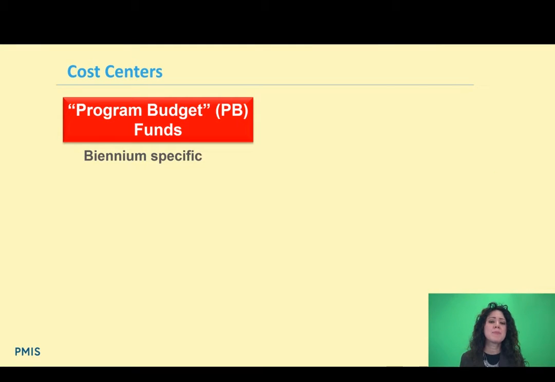Let's talk about the program budget fund, PV. This is a biennium specific fund or funds, yes? And because they are biennium specific, it means that you can only use it within the current biennium. They cannot cross to the new one. So all those documents that you have currently, those SCONs that you have with this program budget, with future end date,